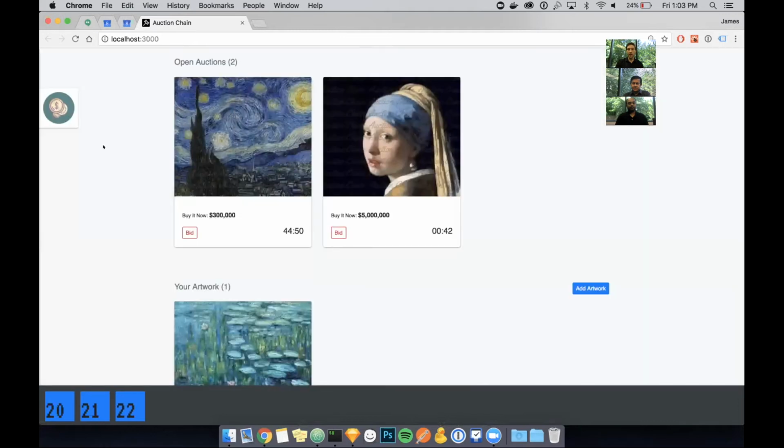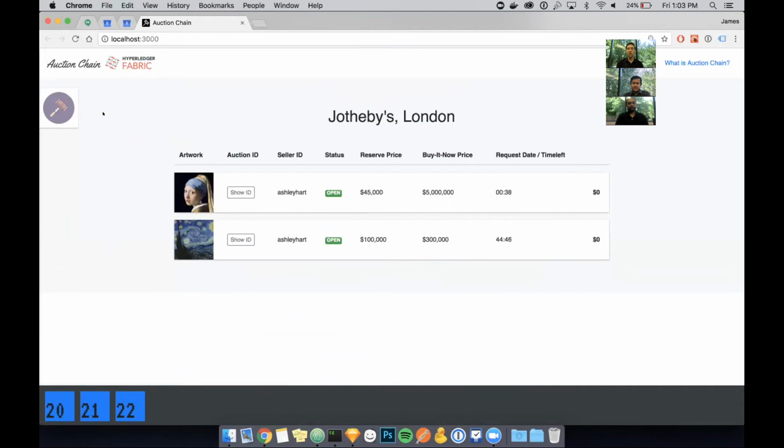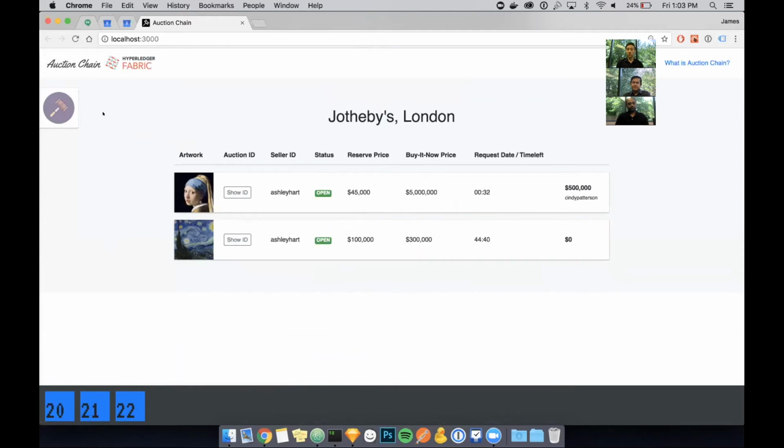I will switch back to the auction house view to show you the kind of updated status on this particular piece of art. So now that it's refreshed, you can see that the buyer, Cindy, has actually made the highest bid, and the auction house can see that over here on the right. Now there's 25 seconds left on this auction.